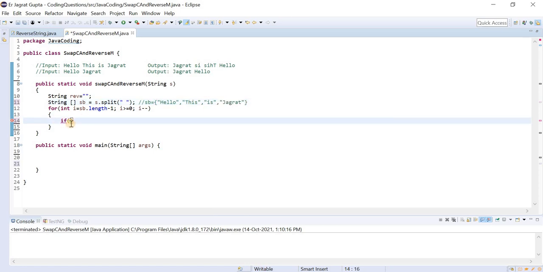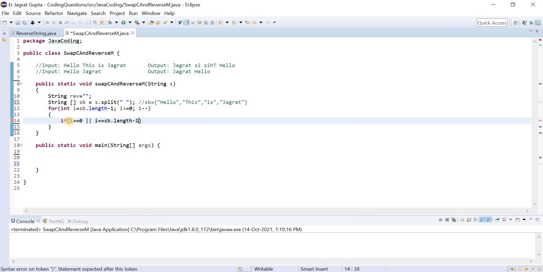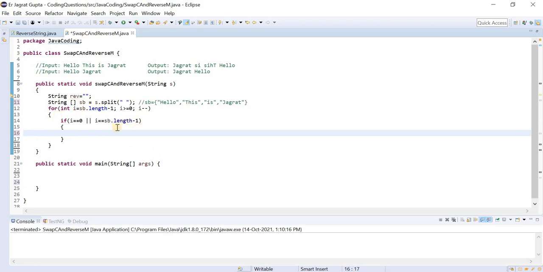Now we will apply a condition: if i is equal to 0 or i is equal to the last index. So let me apply i is equal to 0 or i is equal to sb dot length minus 1, if this would be the first index or last index.